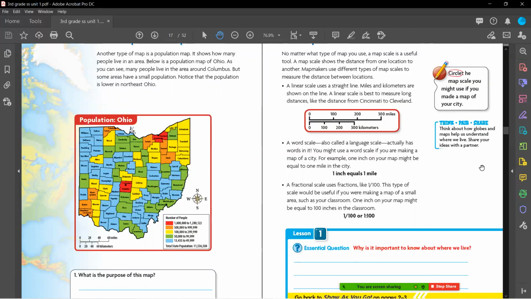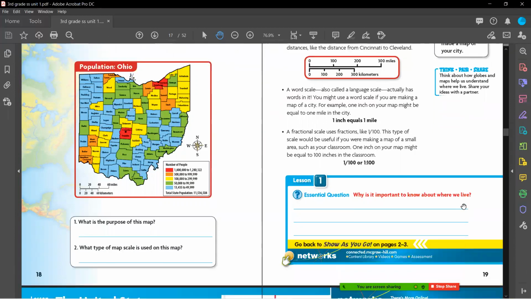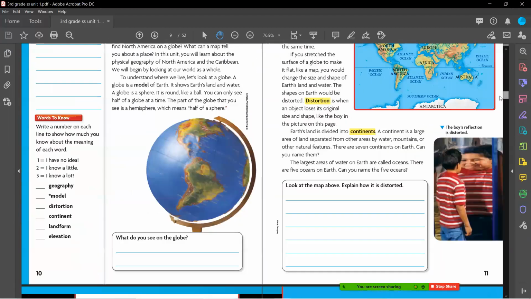Think, pair, share. Think about how globes and maps help us understand where we live. Share your ideas with a partner. And then you're going to answer your essential question down here. Why is it important to know about where we live? So you're going to answer with complete sentences. And right here is reminding you to go back to the show as you go page at the very beginning. So that's way back up